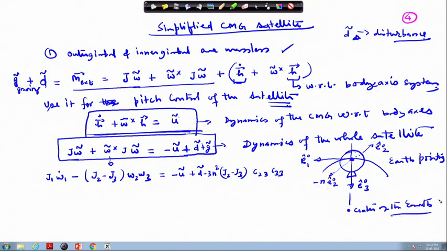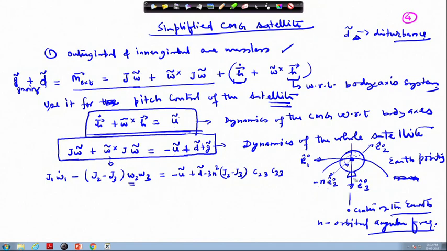So, if it is doing like this, that means my spacecraft also will be spinning at the rate n, where n is the orbital angular frequency. Okay. So, this way you can look that this omega 2, it can be written as,